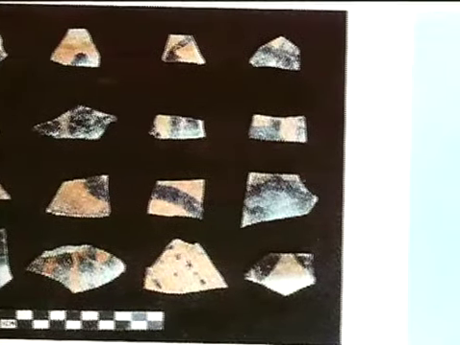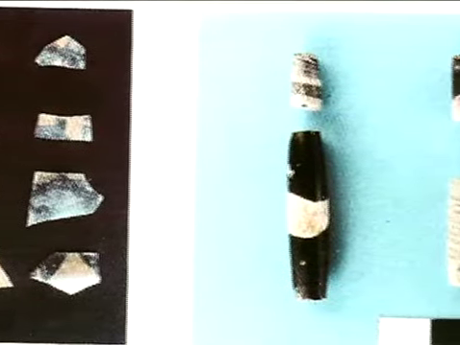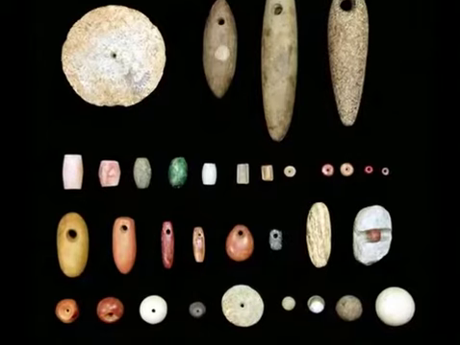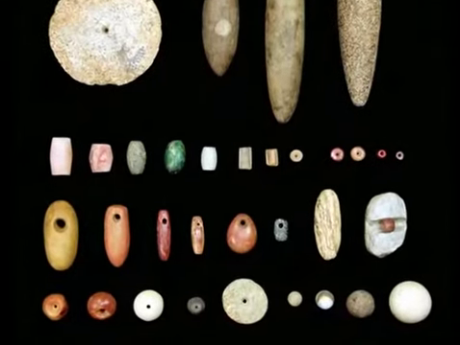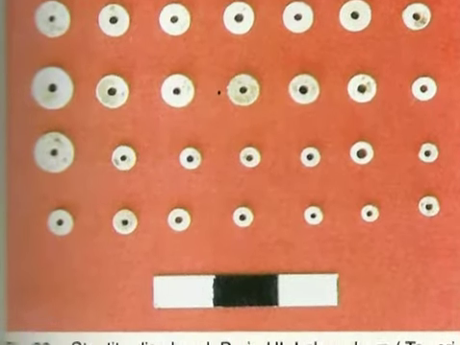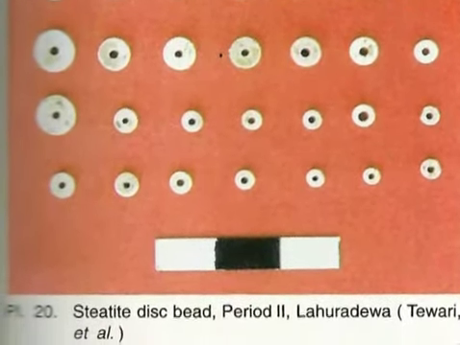About the domestication of animals, we do find evidence of cattle, sheep, goat, and of course hunting was an activity which was still carried out. Apart from these, we are finding some artifacts like terracotta objects as well as a lot of beads. A lot of beads have come from the sites of Jhusi, Hetapatti and Lahura Deva. Beads made of steatite, faience, then